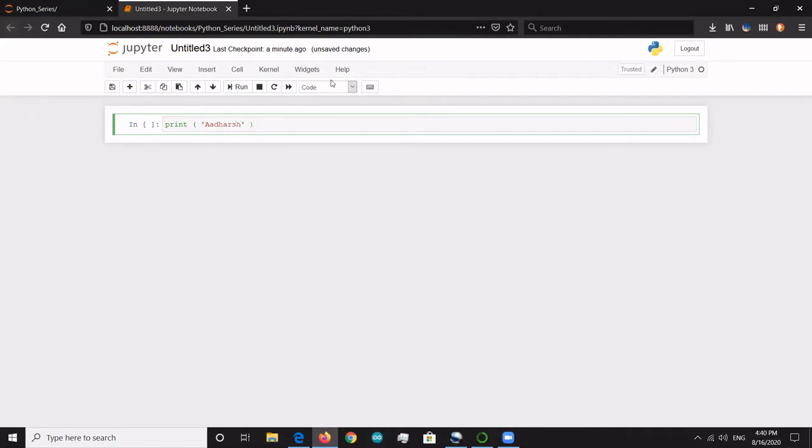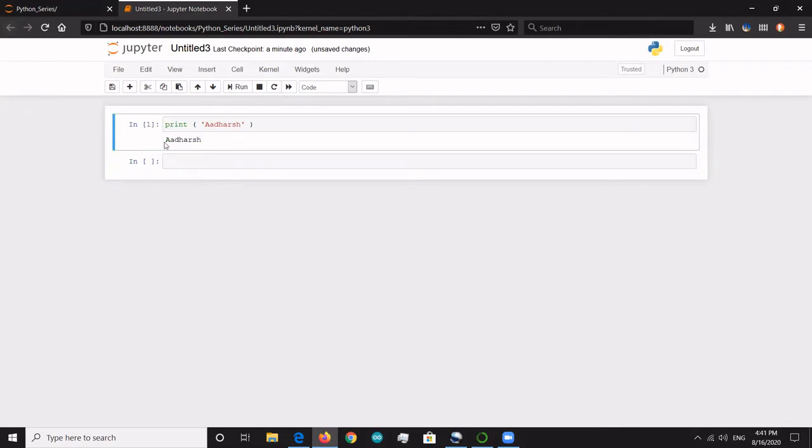So as you can see, I've written my name inside single quotes surrounded by brackets. Now, why am I doing this? You can see there's even print written outside. Now, if we write such a statement, we actually can display our name. If I run this, you can see my name comes here. How? So all we are doing is we're writing print. Inside brackets, we're putting two single quotes and writing whatever we need to write. In this case, I'm writing my name. You can do whatever you want inside.